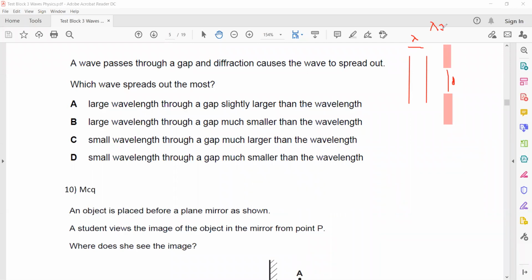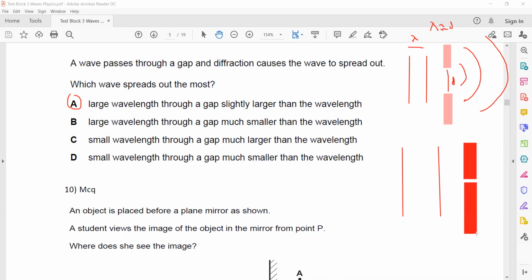If the wavelength is approximately equal to the gap size, what will we observe? Maximum diffraction we will observe. But why not other options? Why are other options not correct? A larger wavelength through a much smaller gap. So what they mean for this B is a larger wavelength and a much smaller gap. So the gap size is too small. If the gap size is too small, the wave is even not able to